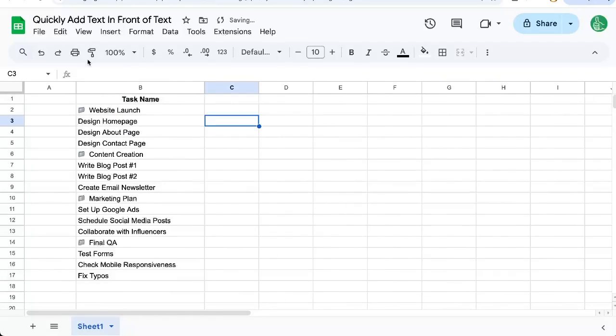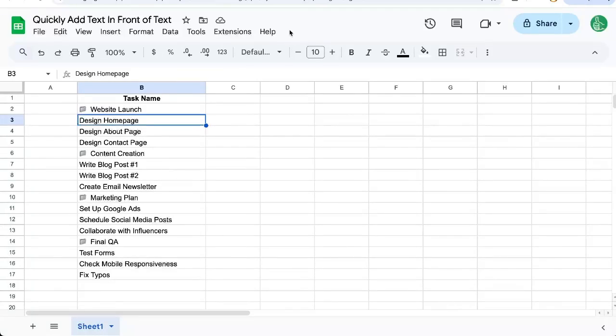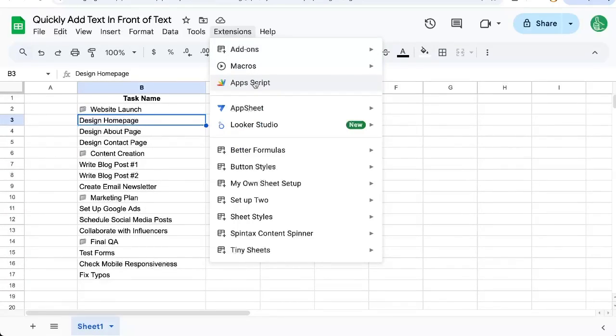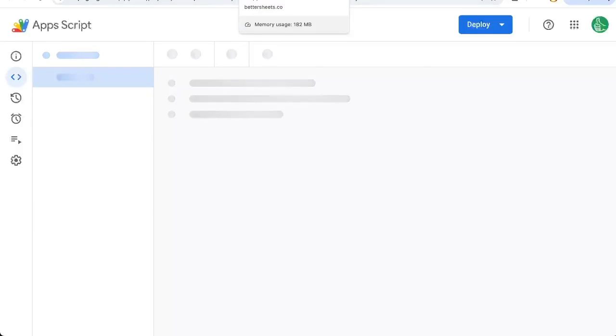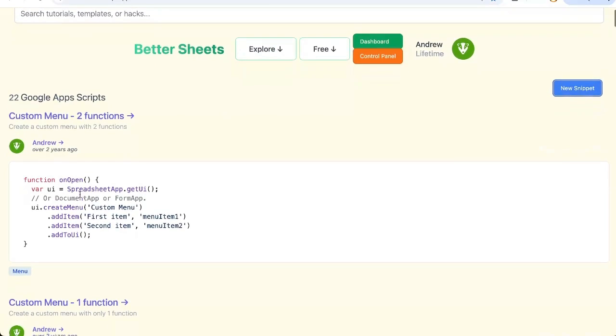But for the purposes of this video, we're just going to add a little text in front of the text. And we want to add a little helper function here that does this. So let's go to our app script. We're going to need one thing first, which is our onOpen function, which will allow us to create a menu. That's at